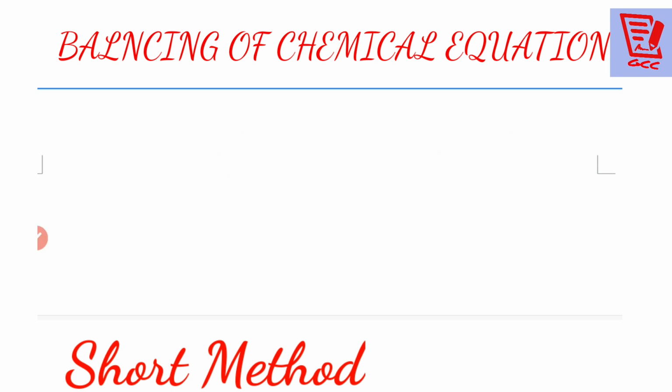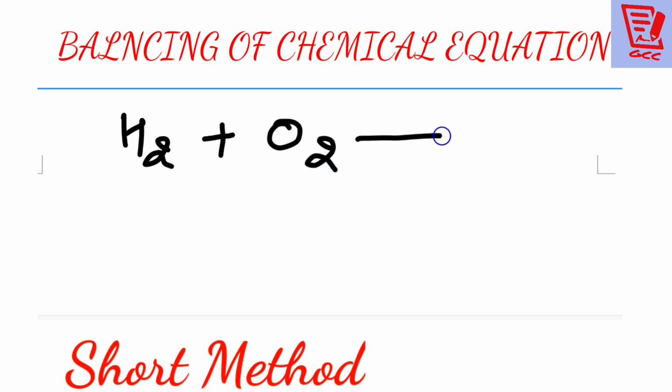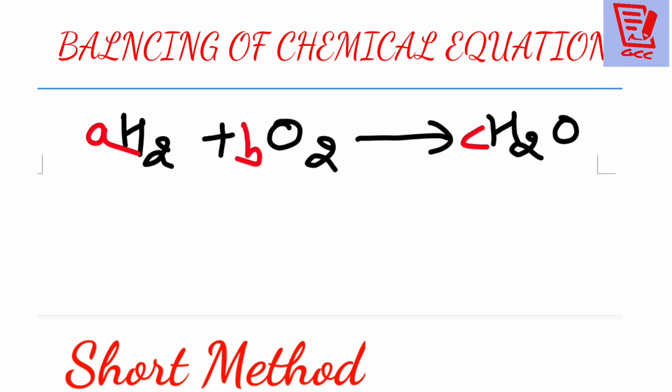Okay students, now let's see one more example regarding that. Okay, you see all of you, please. Suppose I am writing H2 plus O2 arrow H2O. Yes or no? Now you see here again, the same method we can use here. You can use here A, here it is B, and here it is C. So what to do there, beta?